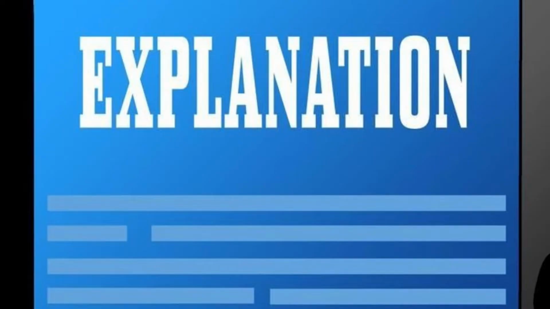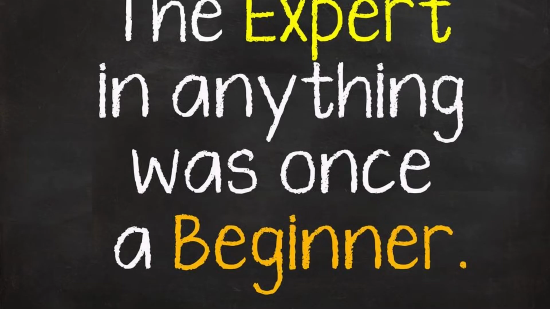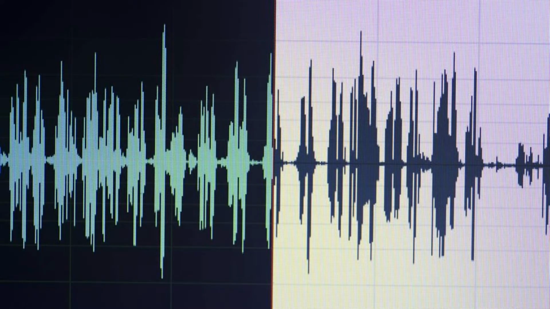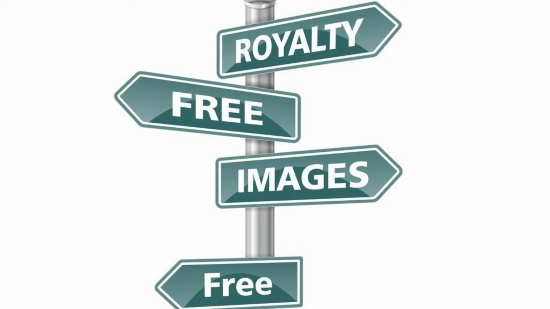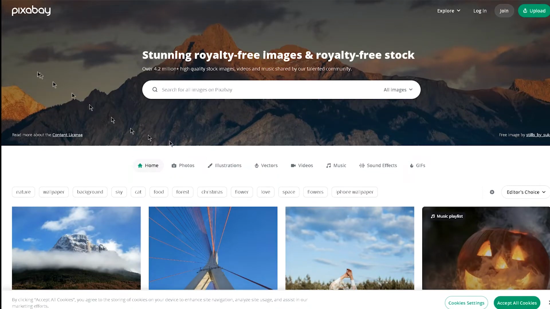Now, let's dive in. To get started with the glitch transition, you'll need two essential elements, a clip with a glitch and a glitch sound effect. You can easily find royalty-free clips and sound effects on various free stock sites. For example, on this website,